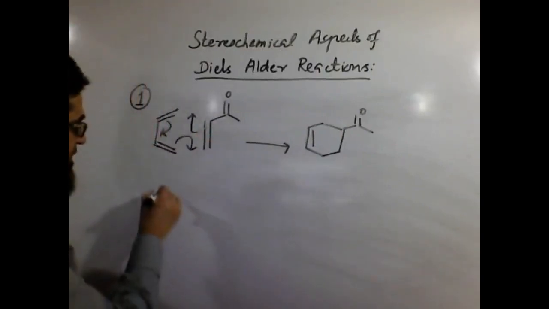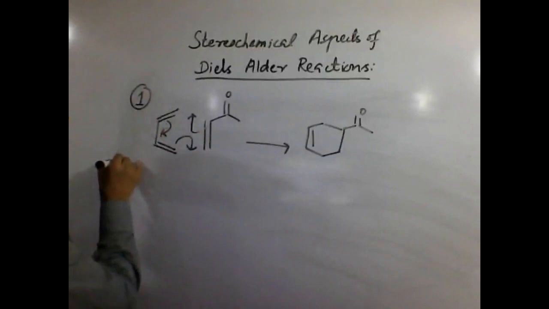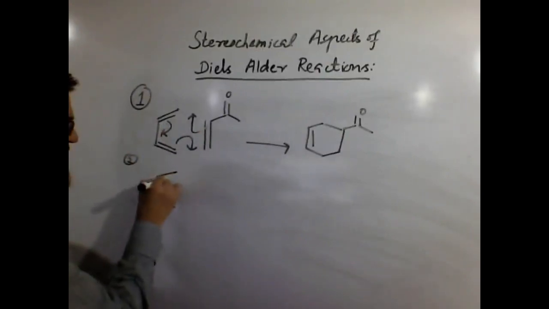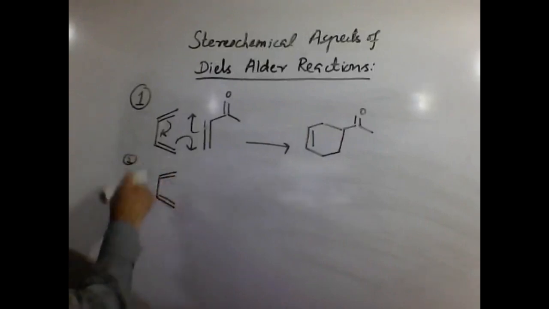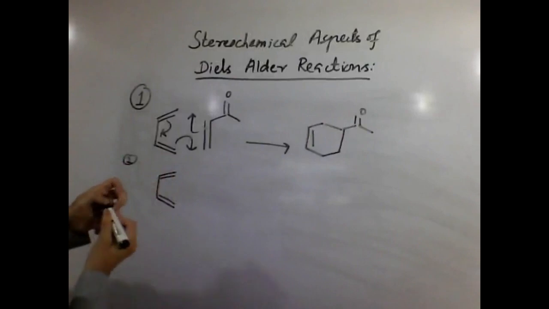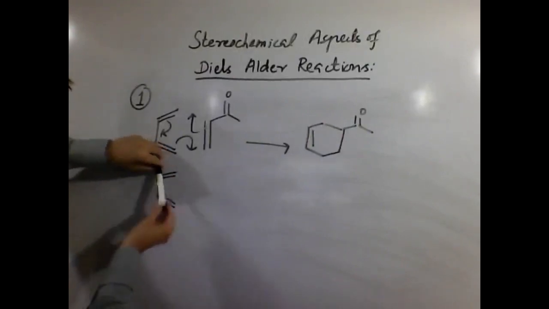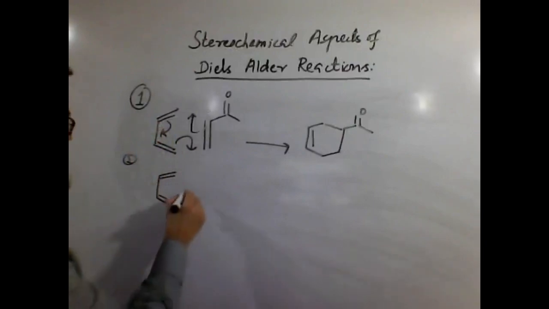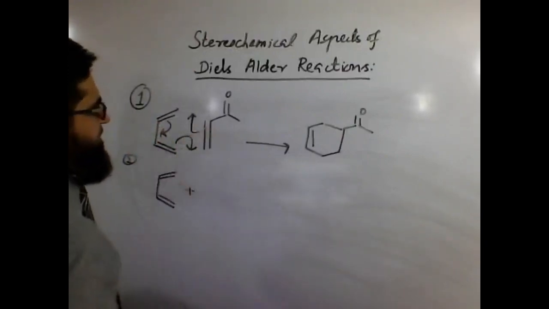The other way, way number 2, let's say, involves no change in the diene because it's the same. From where you start, carbon 1, 2, 3, 4 is the same. Either it moves this double bond this side, or if it reverts this way, no issues, no problem, it's the same. However,